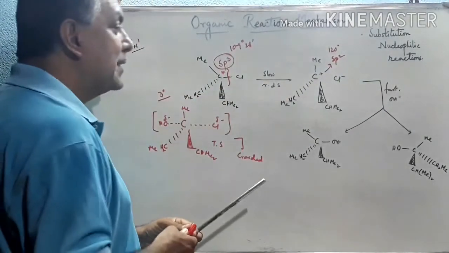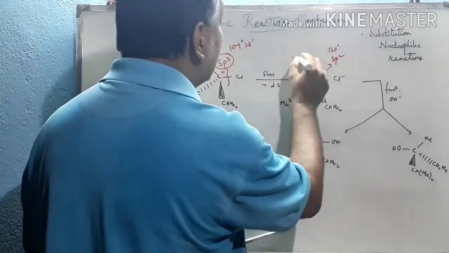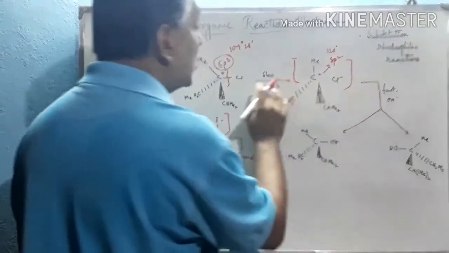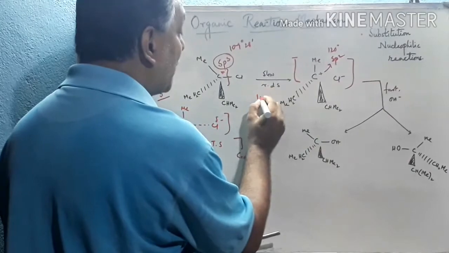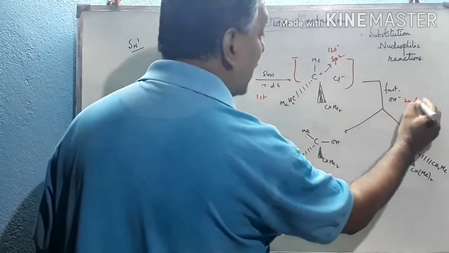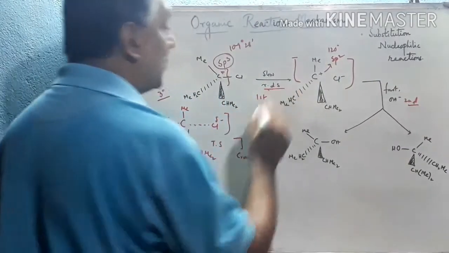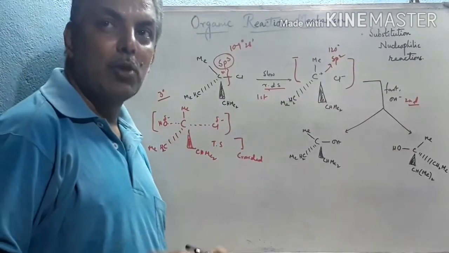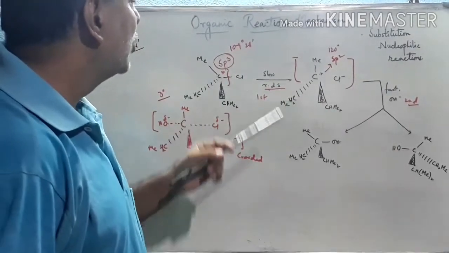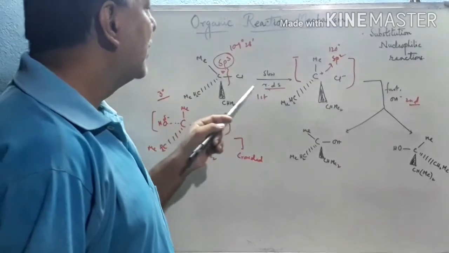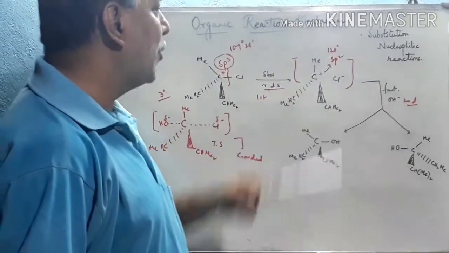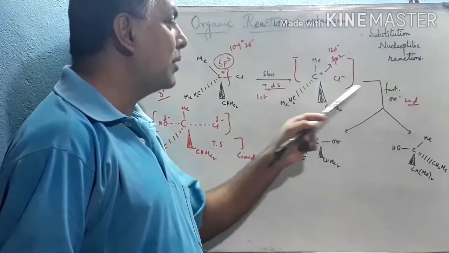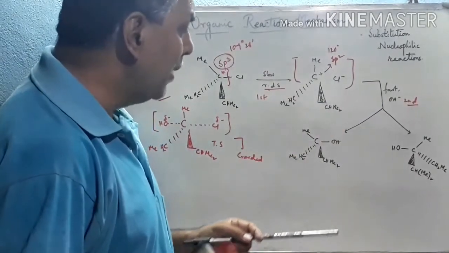So this is the transition state, and in the transition state, as this is a 2 step process, this is the first step and this is the second step, and the first step is the rate determining step. This is the slowest step, bond dissociation. It requires a very large amount of energy to dissociate this bond. So this is the slowest step, the rate determining step. Through the formation of sp2 carbocation, it goes to the product.